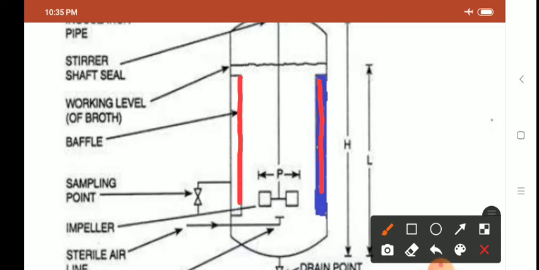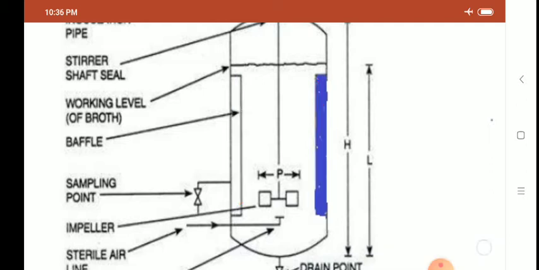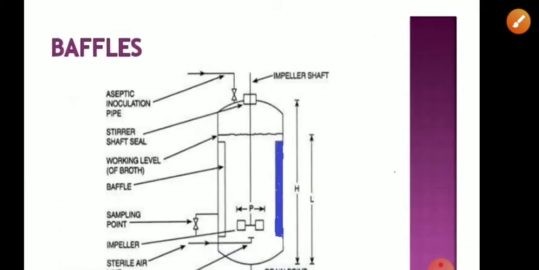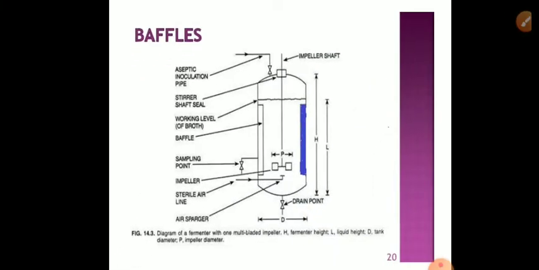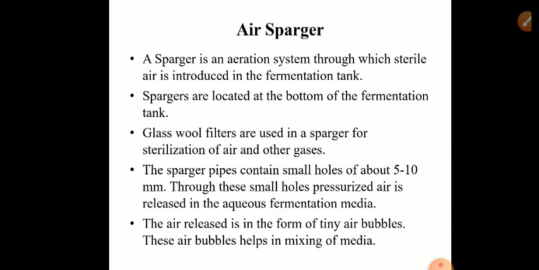So usually there are 4 equally spaced baffles. If you look inside the vessel, there may be 6 to 8 depending upon the condition, depending upon the diameter of the vessel. And what is the role of the baffle walls? To break the vortex that is formed during mixing. If baffle walls are not there, then the vortex formed will rise to the top of the fermenter, will spill out of the vessel and will cause contamination. So baffles are necessary to control the vortex formation.